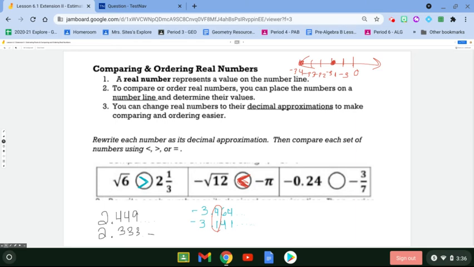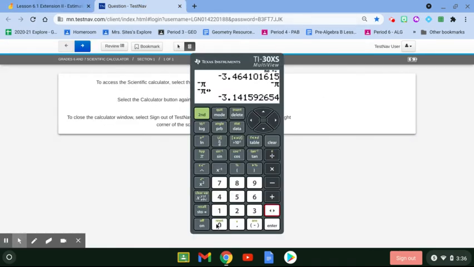We have negative 0.24, and now we're going to change negative 3/7 into a decimal. So I'm getting negative 0.42 and then 8 something. But really, when I think about the comparisons,